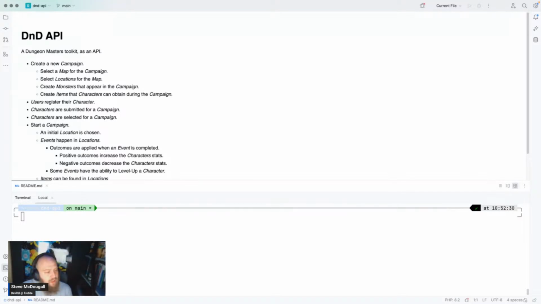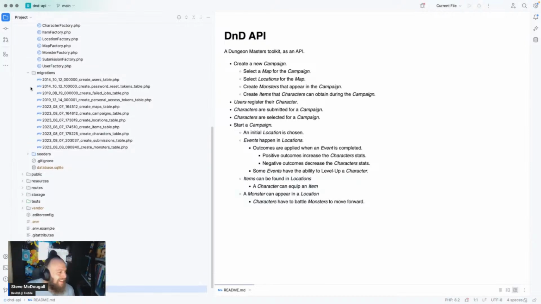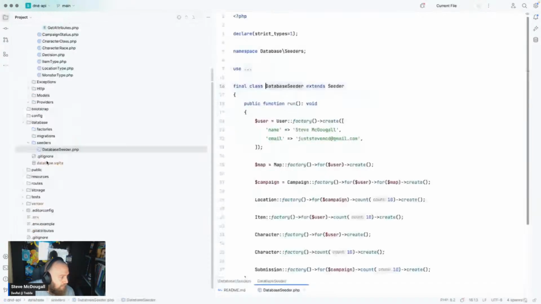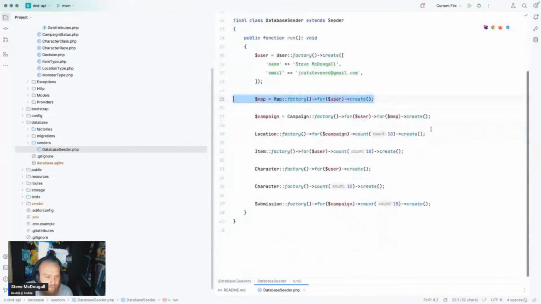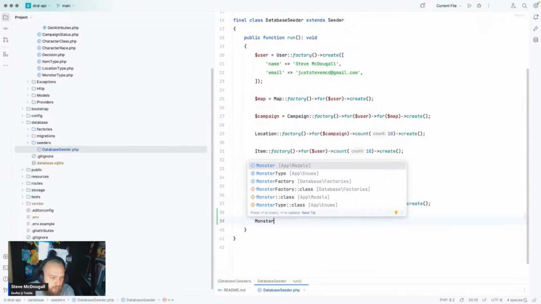So all I've done so far, and this repository is completely public. You can access it, you can view it. I've created some of the models so far. I've created the factories, I've added a little bit of a seeder, I've done database.sqlite, I've created myself a user, created a map for myself, started a campaign, added 10 random locations, submitted some stuff. And now what I'm going to do is say I want to generate